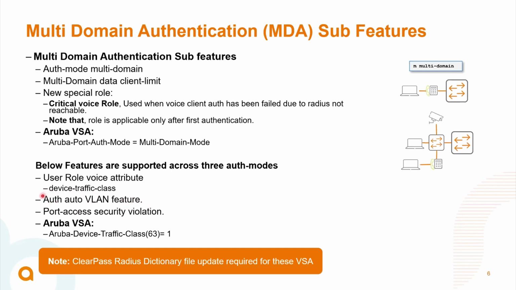And remember one thing, currently there are a lot of restrictions around the port access auto VLAN feature, because you have to go to the trunk that you are allowing and configure it there. Otherwise, it will only take care of the port access. We are going to overcome this limitation as releases progress.